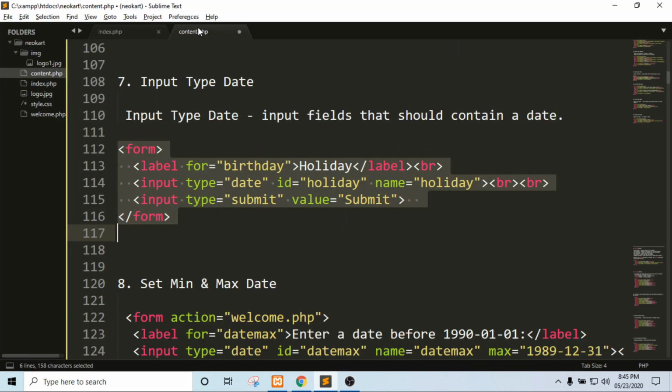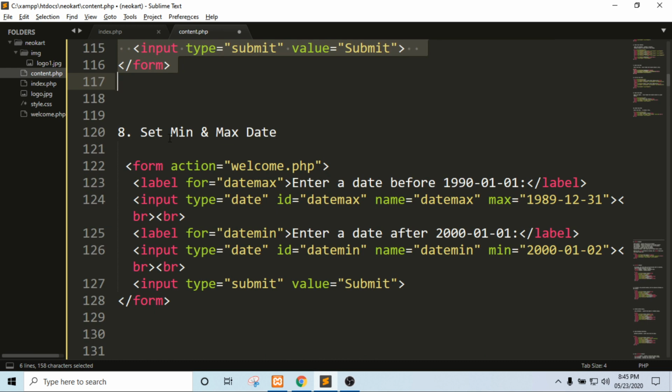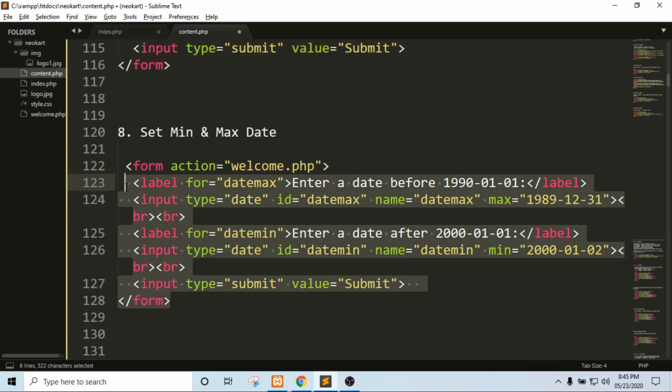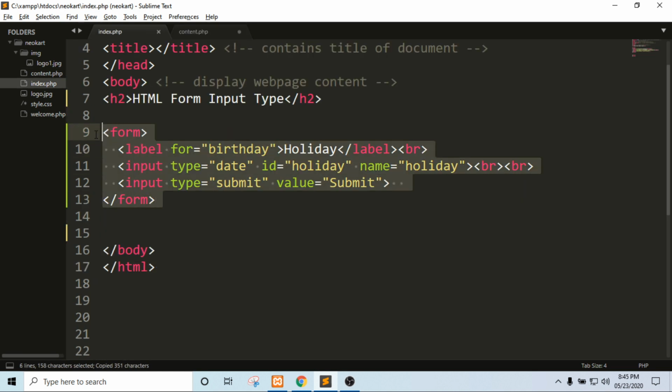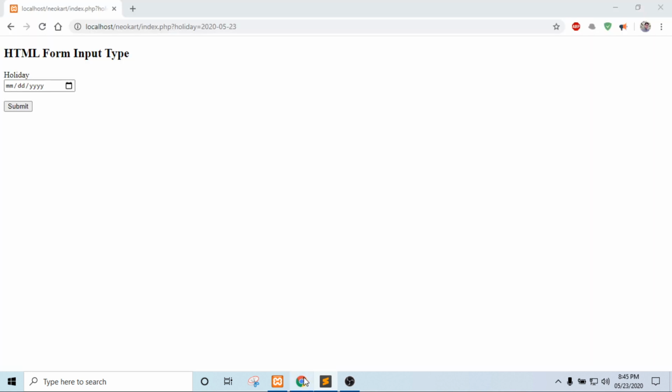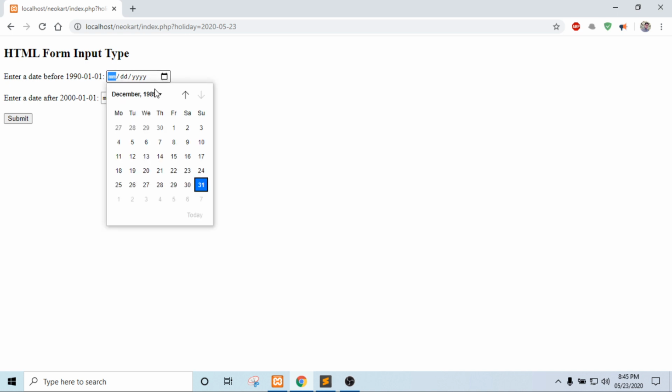Now the next feature is that you can set a minimum and maximum date. If you need, you can set minimum and maximum in the function. Enter a date before 1990, and it will display all the values before 1990.